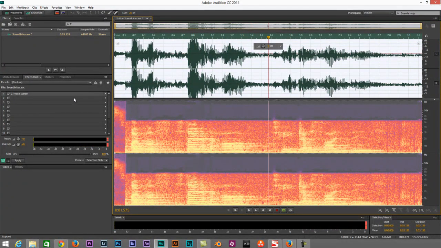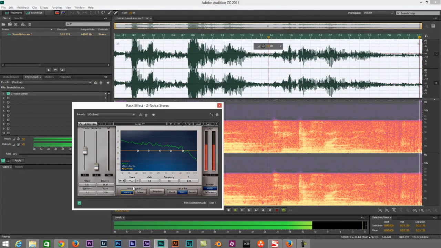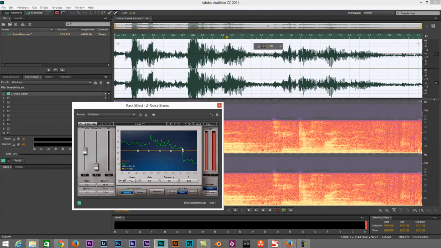Okay, so you hear all that static. Obviously that's too loud, but let's first remove some of that background noise. So I'm going to turn this back on, open it back up. Then I'm going to click this Learn. So I'm playing it. You can actually see on this as well, it's recognizing